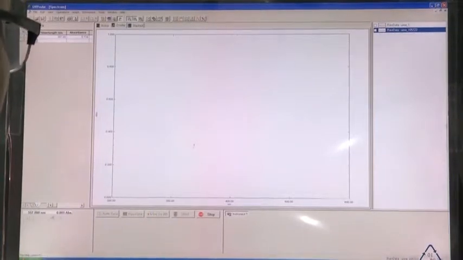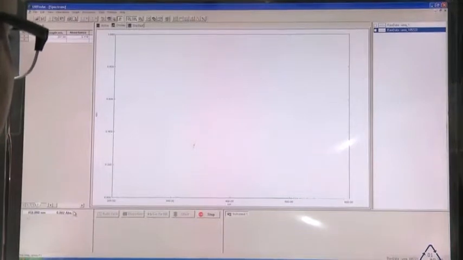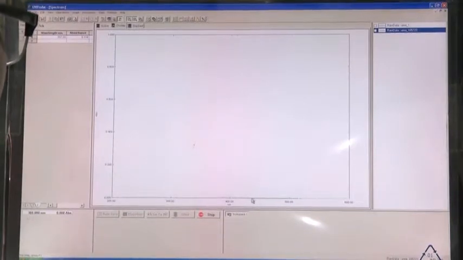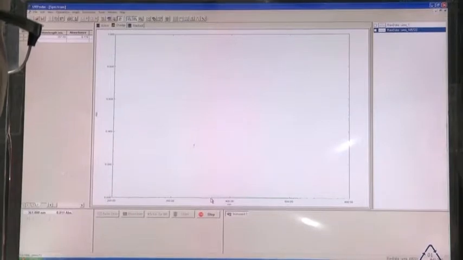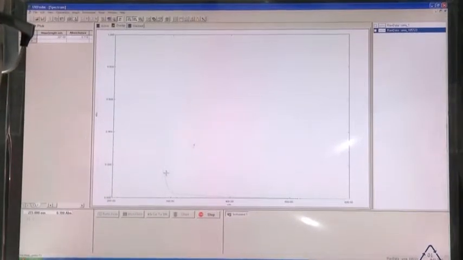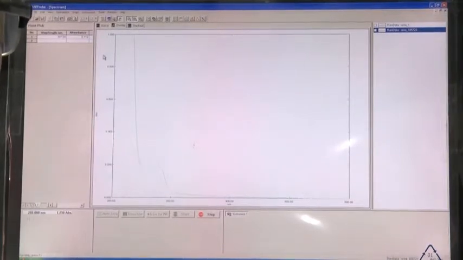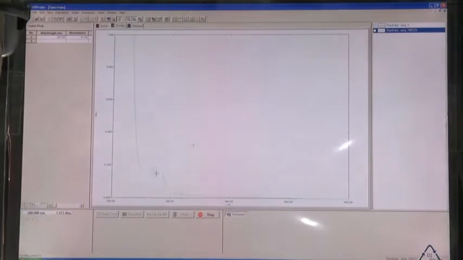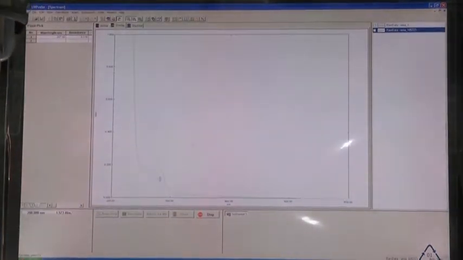You can see the scan has already started, and whenever a scan is going on, it is advised, please do not open this lid. Now, here you can see a gradual appearance of the spectral line. Here we can see the major peak of the amino acids, and there goes the spectra for the peptide bands. Now, this one here is the region of concern.